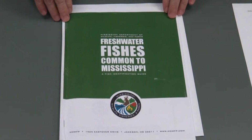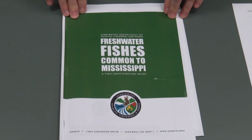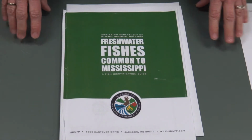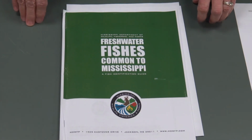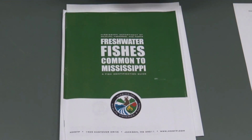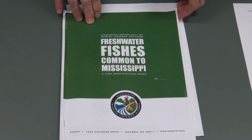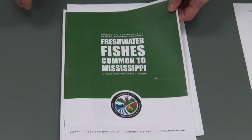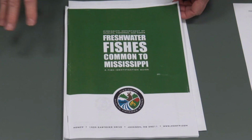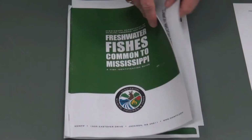There are a few fish that you need to know by sight: your bluegill, largemouth bass, spotted bass, white or black crappie, catfish, and a sturgeon. You only need to know the common names and not the scientific names, but you also need to be able to tell what family they are in. That should be pretty easy because your bluegills, your largemouth bass, your spotted bass, and your crappies are all in the family Centrarchidae. But your catfish and your sturgeons,